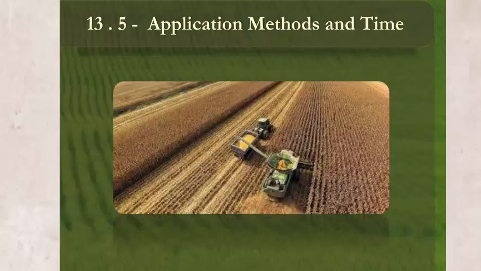Application methods and time of fertilizers. To get the most out of fertilizers, attention to the timing and method of their application to the soil is important. The application methods are surface spraying, band application, foliar application, and fertigation. It's important to time the fertilizer application when the plant needs it. Application time should be adjusted according to the climate of the region, characteristic of the soil,